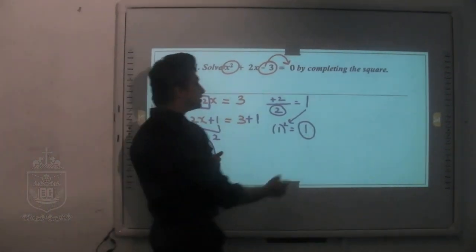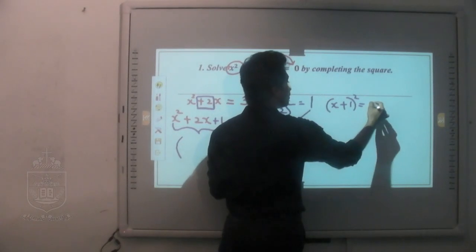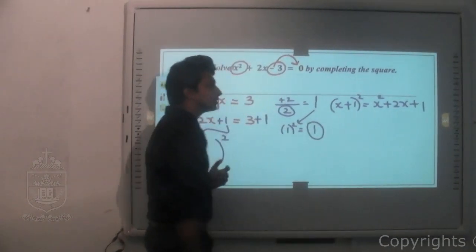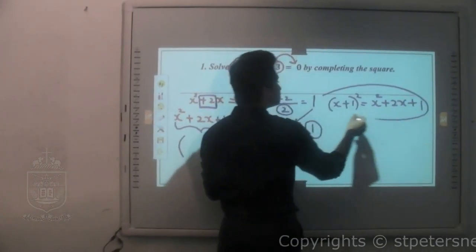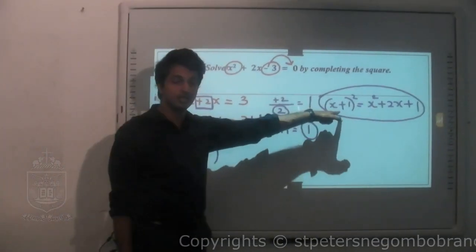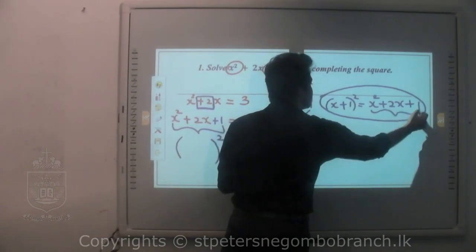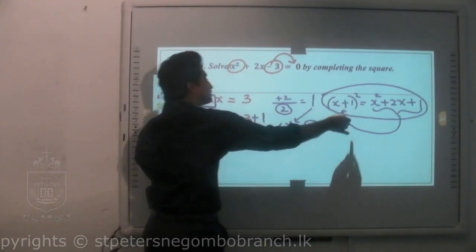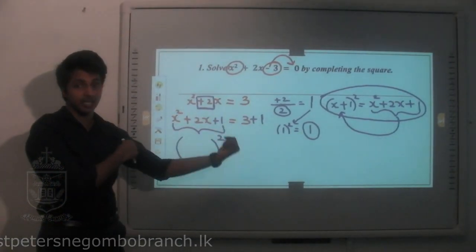You have already learned, if I consider x plus 1 squared, I can open the bracket as x squared plus 2x plus 1. This we have done in binomial expressions, how to simplify or how to expand this type of expressions. Now what we do is, we have an expression like this. We are going to bring it back to the bracket. We have to bring it back inside the bracket.